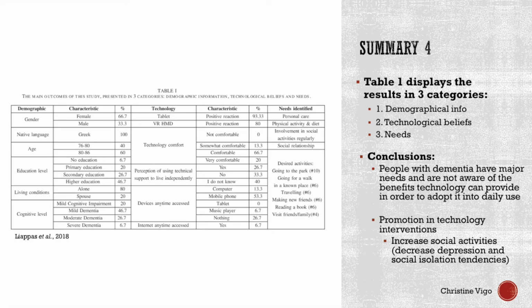This table displays the results of the questionnaires and experiments presented in 3 categories: demographical information, technological beliefs, and lastly, needs. Key takeaways and conclusions drawn from the study were that people with dementia have major needs and are not aware of the benefits technology can provide in order to adopt it into their daily use. The results suggest that promotion in technological interventions focused on increasing social activities would be very beneficial for those with